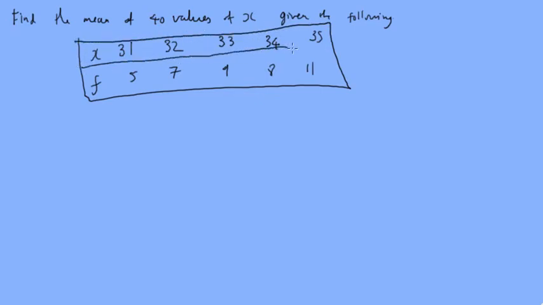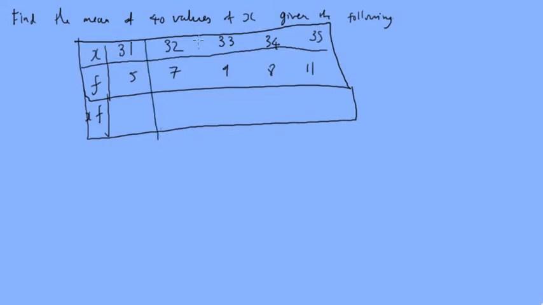Now, we need to find the values multiplied by the frequency. Let's just do this very messy table. So we multiply these, you'll get 155, 224, 297, 272, and 385. Now we need to find the sum